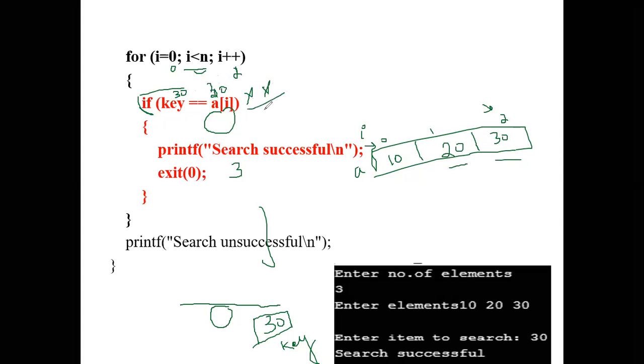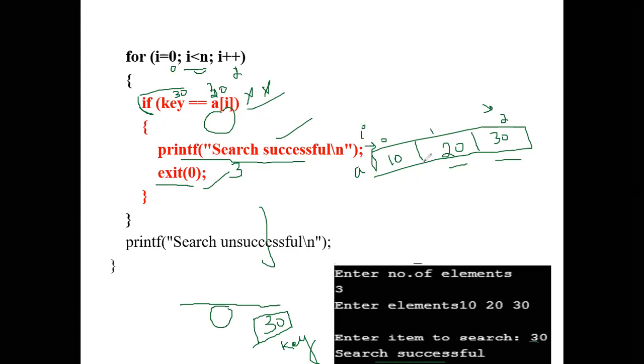Yes, we have found the element 30. So the key is found in the array. 30 is equal to 30, condition is true. So you enter the if statement and display search successful. You can see here, enter the item to be searched is 30, and it displays search successful. So exit 0 will terminate the program.